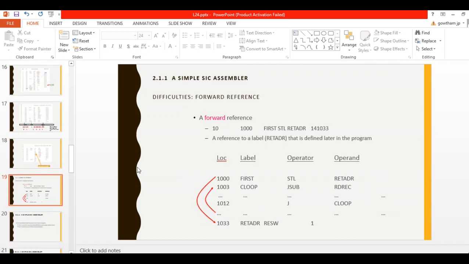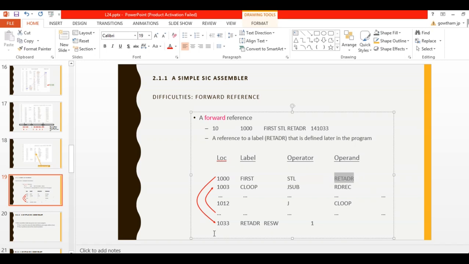Okay, so now the problems. The difficulty in this type of object code calculation is forward reference. For example, consider the first STL RETADR, but this RETADR is defined at a later stage. Whenever instructions are calculated line by line, the location address is calculated, then the object code will be generated.